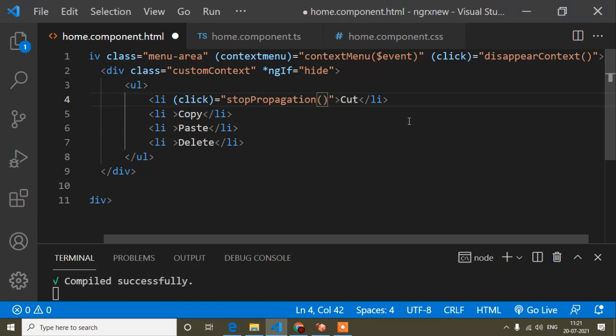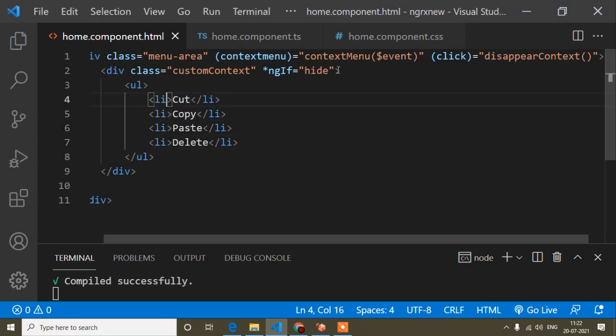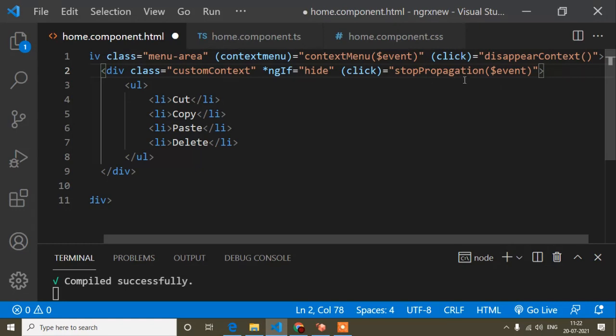This situation is called event bubbling. So here I will pass $event the same way. So I will copy this method, and not here actually, not the li tag, just I will do one thing, I will paste this method.